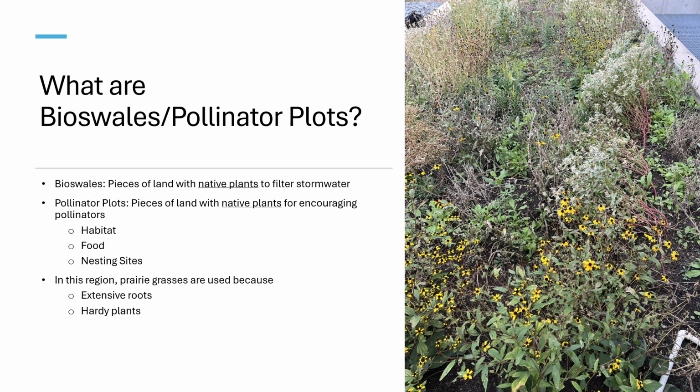So bioswales in particular are used for helping maintain stormwater systems and help filter that stormwater while also preventing the transport of soils and sediments. This is primarily due to the incorporation of prairie grasses, which have very extensive root systems and can last through most of the year. Now, pollinator plots are also pieces of land that we use to exclusively encourage pollinator population